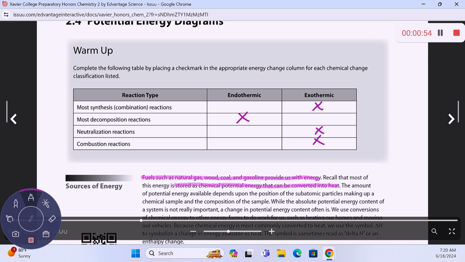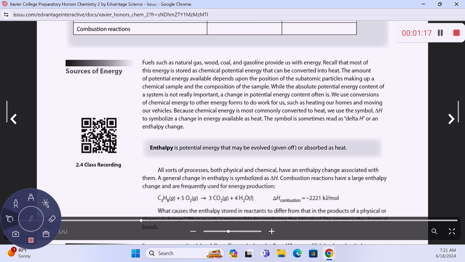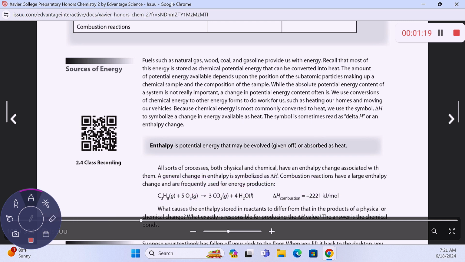It depends upon the position of the electrons relative to the protons in it. What is that substance made of? Like, does it have a lot of carbon-carbon or carbon-hydrogen bonds, for instance, that may contain a lot of energy? But basically, anytime we're talking about chemical energy that we convert into heat, we're talking about enthalpy,